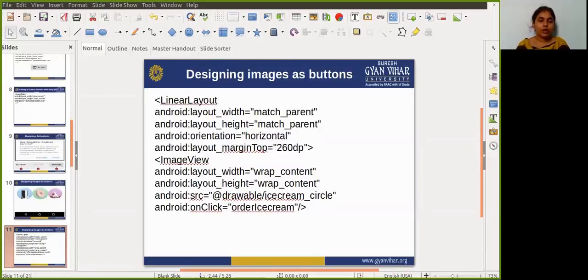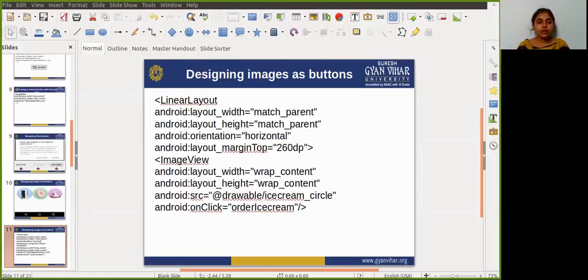First of all, you need to call an element, that is the linear layout element. Inside the linear layout element, you need to add the attributes layout width, layout height, orientation, and also layout margin top.